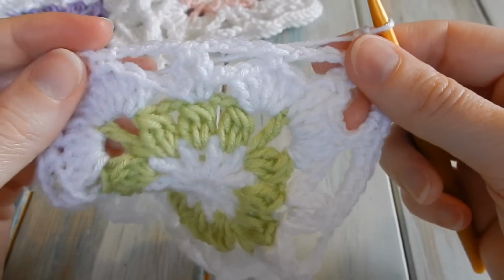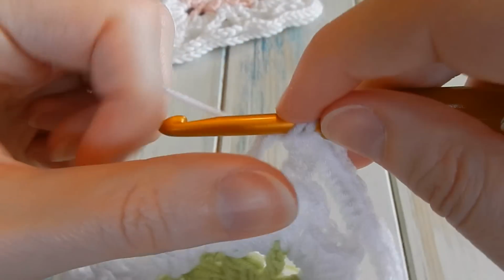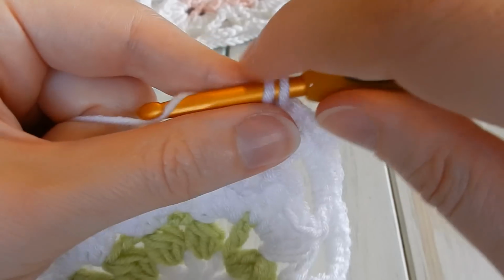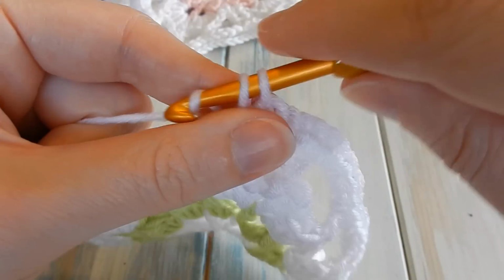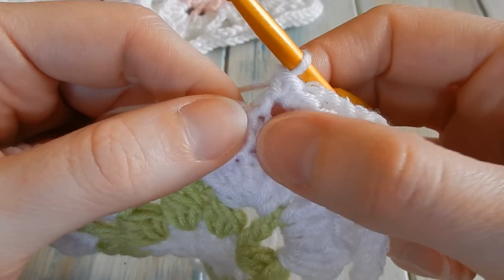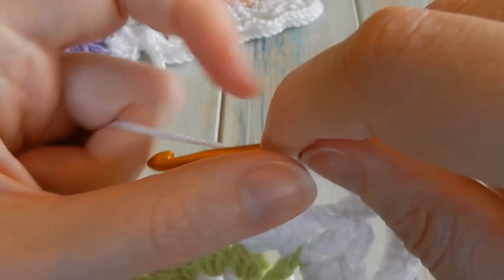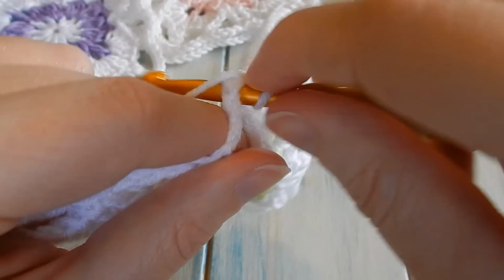Then we're back to our 4 chain space. We do 4 single crochet in our next 4 chain space. So 1, 2, just wrapping it around those chains, 3 and 4, so 4 single crochet in that 4 chain space, then 1 single crochet in that next single crochet, okay, then 4 single crochet in the next 4 chain space,